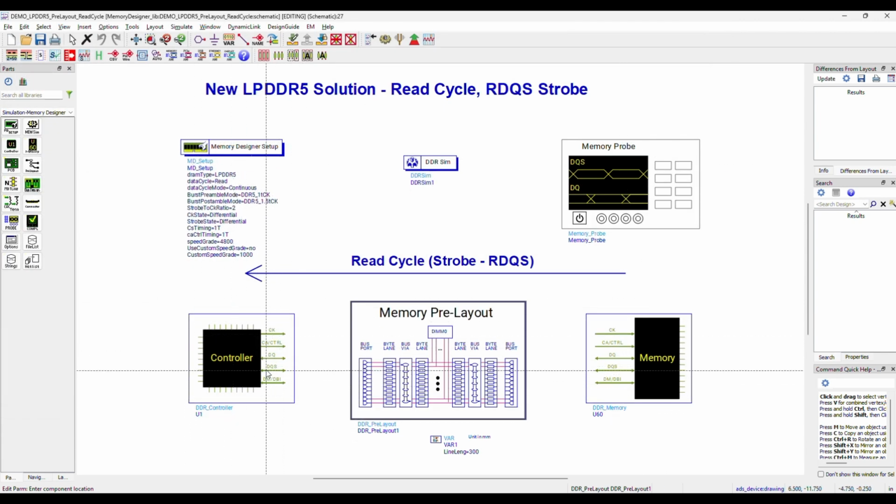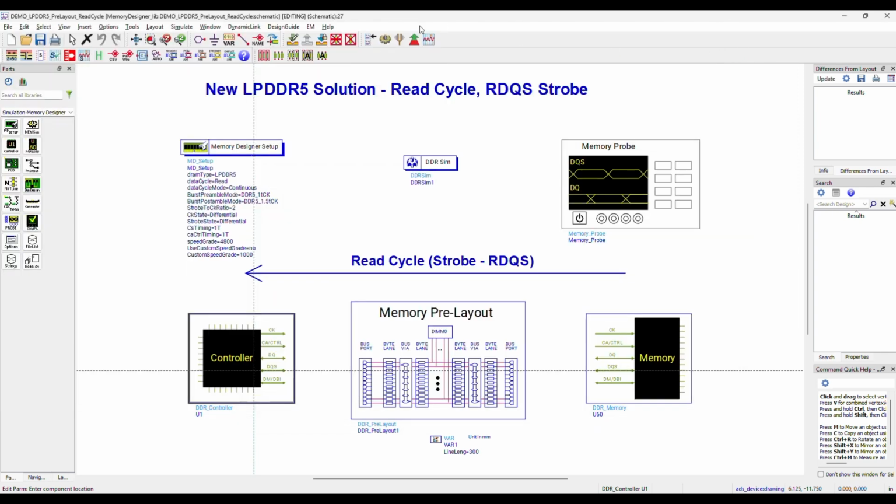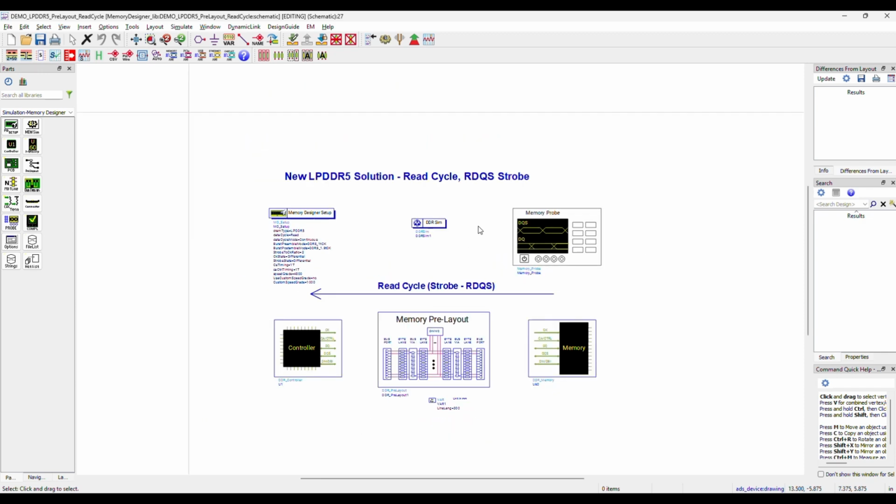Then comes the controller. In this particular read example, the controller is going to act as your receiver. There are two ways to put the values for the controller. For example, if you have your IBIS file available, you can directly import that IBIS file into this controller. And in some cases, if you don't have your IBIS file available and you are just